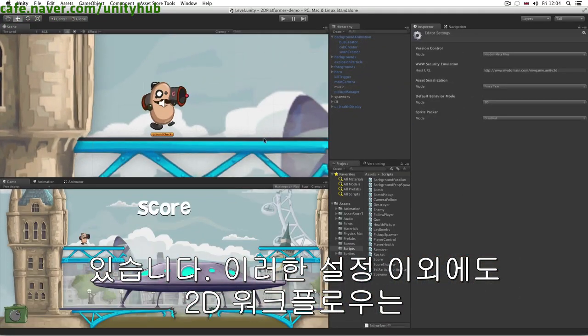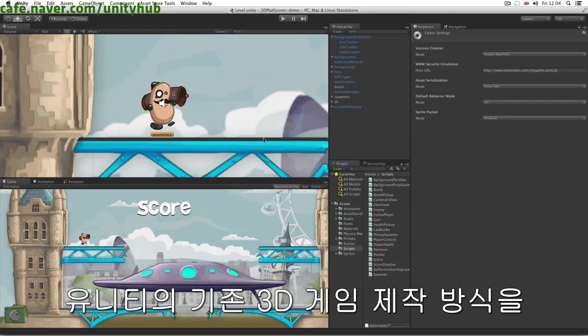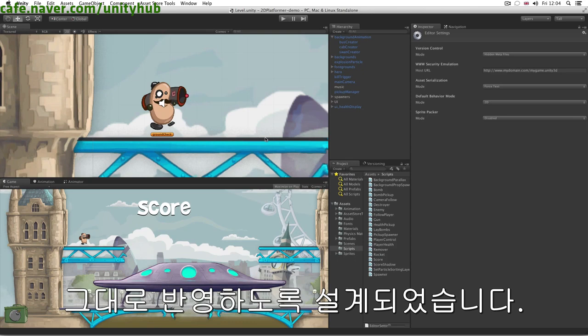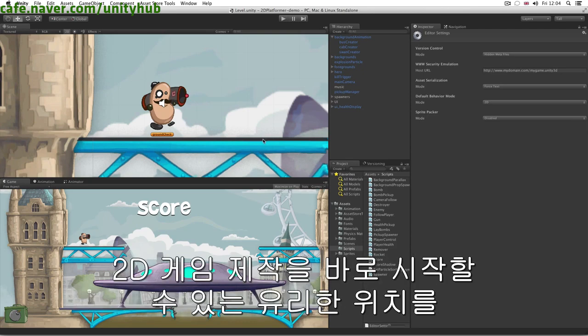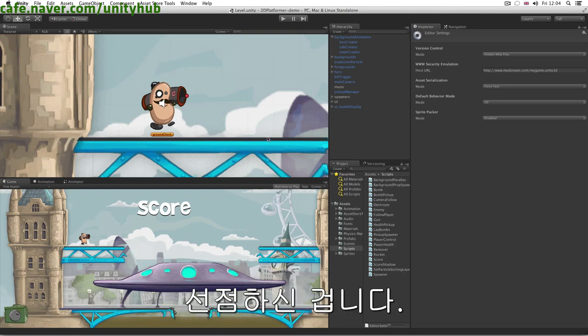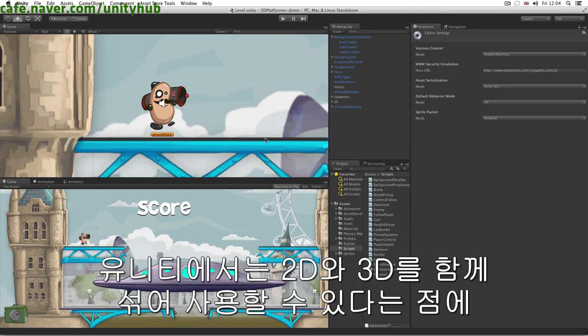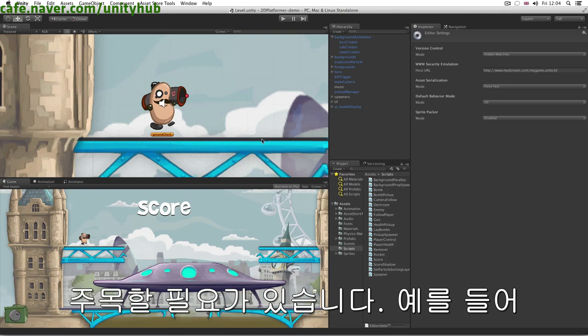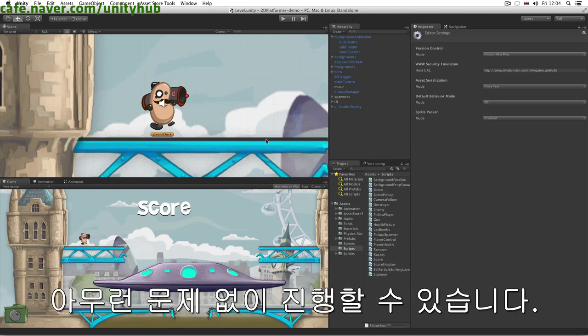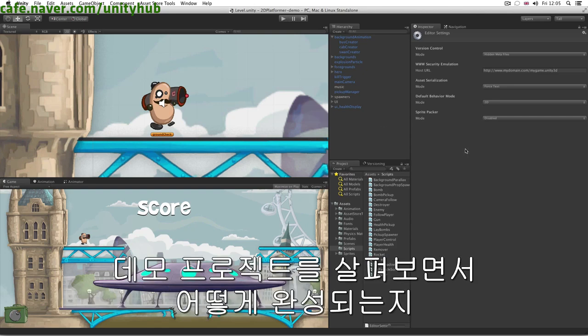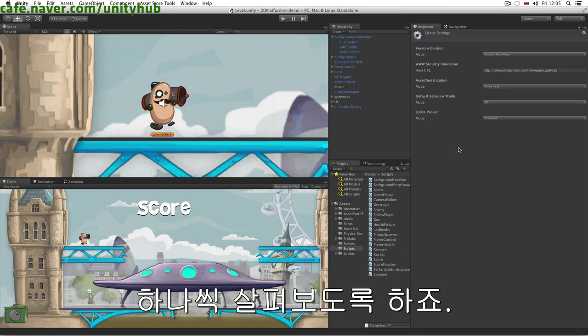in. Aside from these settings, the workflows for 2D have been designed to mirror existing Unity approaches to 3D game creation. So if you already know a little about Unity, you'll be in a great position to start making 2D games right away. It's worth noting at this stage that you can still mix 2D and 3D in Unity, so if you want to add 3D elements to your 2D game or vice versa, you can do that with no worries. Let's take a look at the demo project itself and how we built it up one stage at a